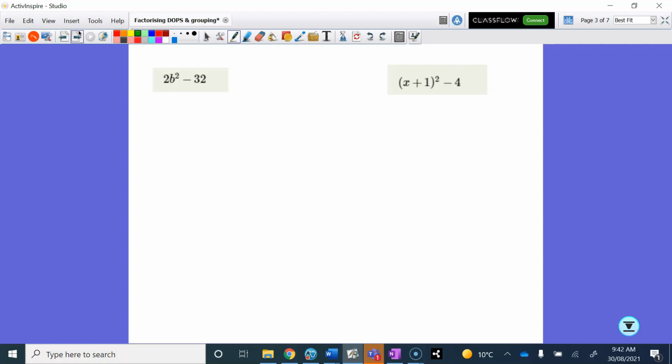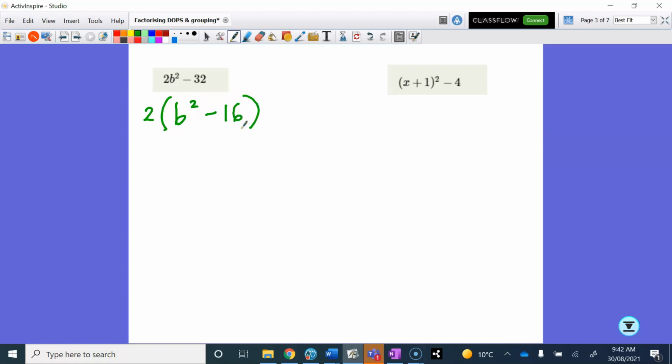Sometimes it looks a bit like a difference of perfect squares, like this next example, 2b squared minus 32. The b squared part is a perfect square, the 2 is not, and the 32 is not a perfect square. So it looks a bit like a perfect square, but it sort of isn't. What I could do to make it into a difference of perfect squares is to take out a common factor first. So if I took out a common factor of 2,